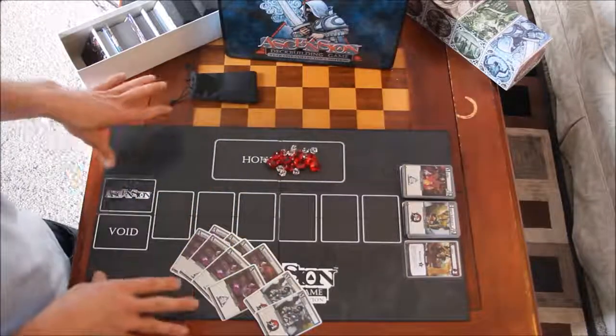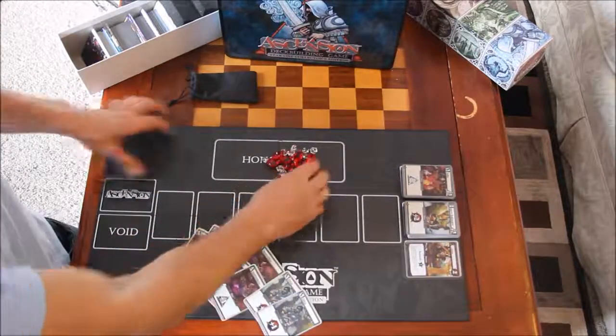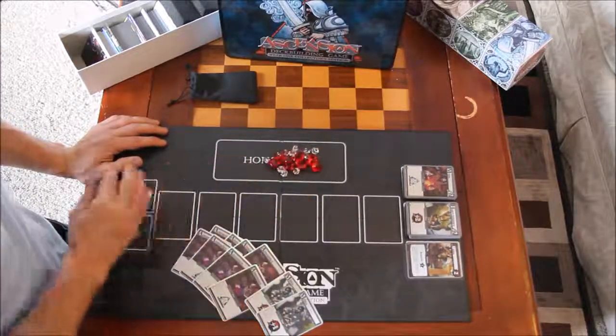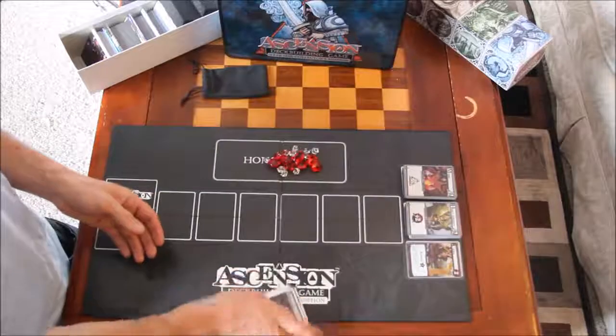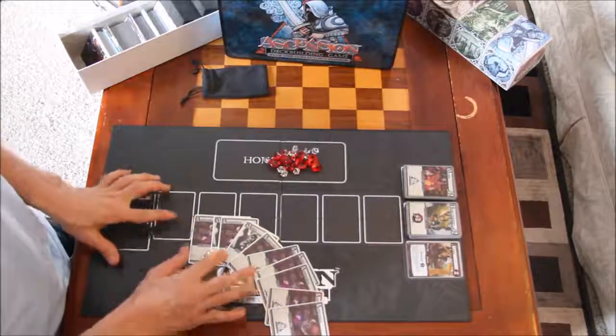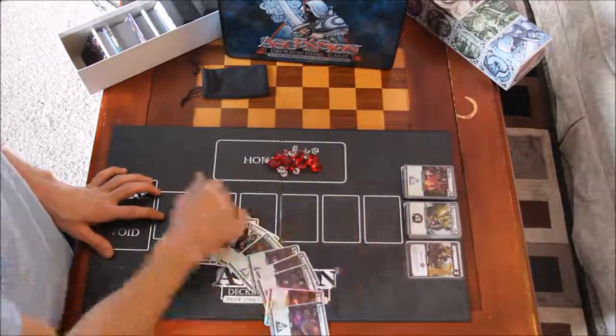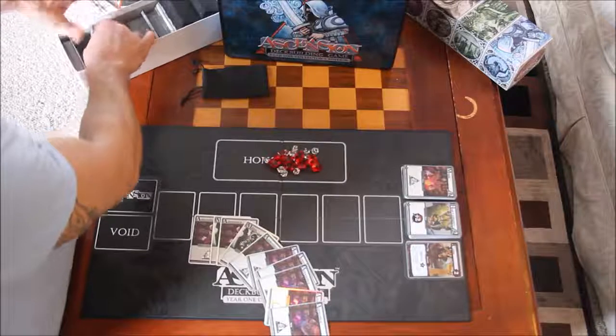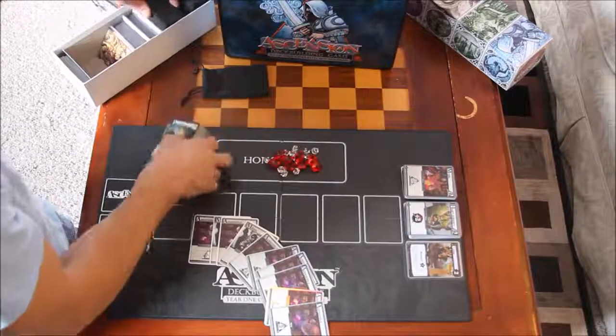So I'm going to show the 1-player variant. So I actually have 50 out here. 10 1s and 40 5s. Okay, so once you've given everyone 8 apprentices and 2 militias, you've set out your Mystic, Heavy Infantry, and Cultist, you've made your honor pool, you create the main deck,